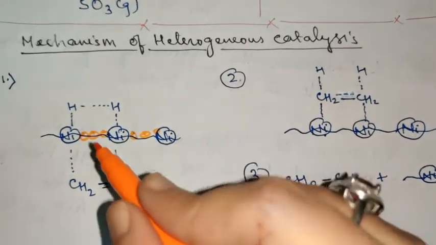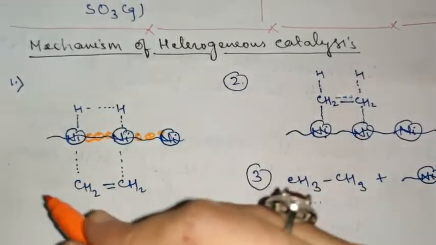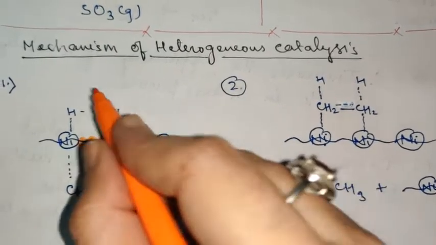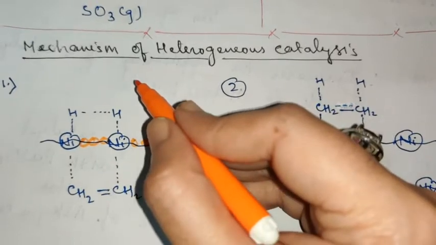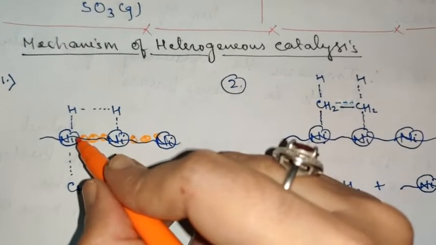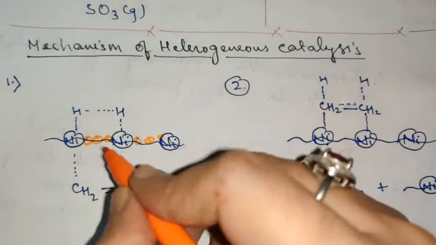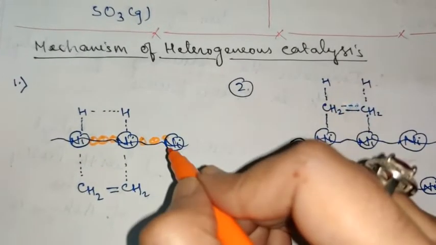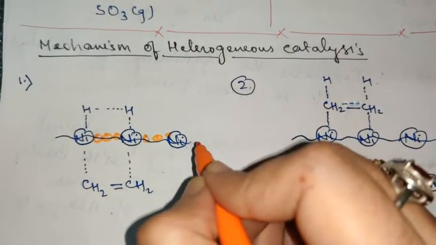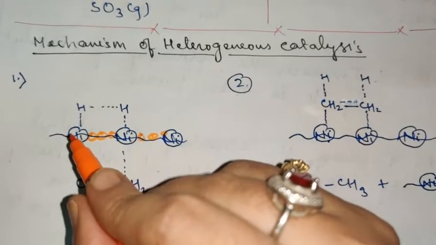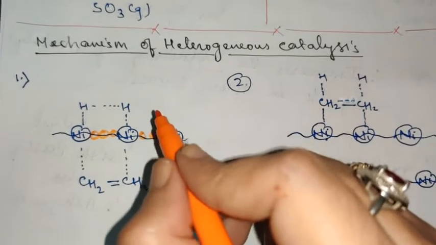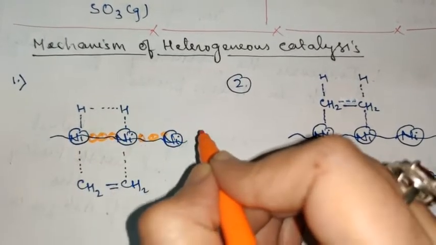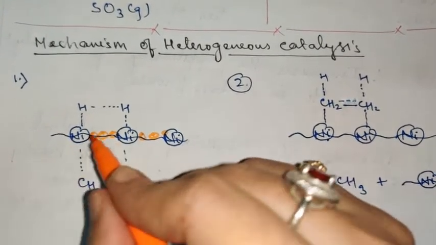And how does a poison function? The affinity of the poison is more for the catalyst in comparison to the reactants. So suppose in this case I take CO, then instead of binding with nickel, hydrogen and CH2 will start binding to the CO, carbon monoxide. This is just an example. So now the surface availability of the catalyst will decrease in comparison to the surface availability in the absence of poison. So if I take a poison here, it will try to adsorb itself to the catalyst surface such that the surface availability goes down.